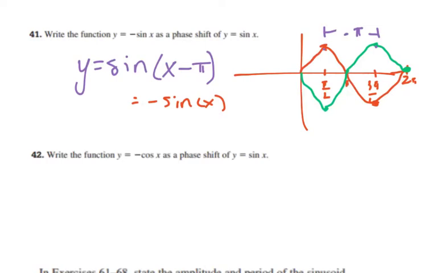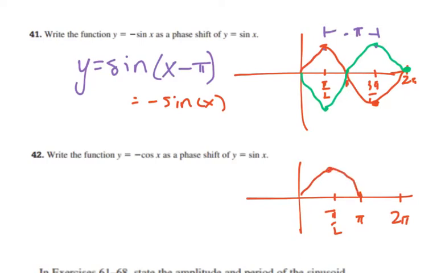Alright. The next one, they want you to write negative cosine as a phase shift of sine. So again, I will draw sine. Going up, down. Oh, forgot one. Down and up again. And then we want negative cosine. So let's see, negative cosine. Normally cosine would start up here. It's going to start here because it's negative cosine. It's going to travel down,